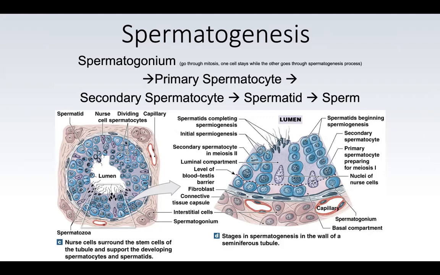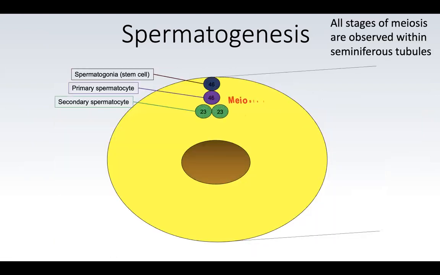That brings them to the end of meiosis 1. And then when they go through meiosis 2, they're a secondary spermatocyte. At the end of meiosis 2, they become a spermatid. And then after they are a spermatid, they still need a neck and tail to become mature sperm. So you're not mature sperm until you have a neck and tail. The reason why is because they're going to need that neck and tail to traverse the female reproductive system, essentially, to make sure they can get to the fallopian tube where it may possibly see an oocyte or an egg